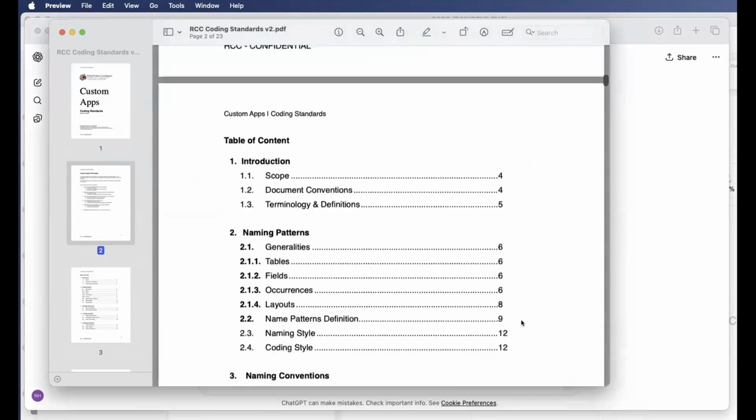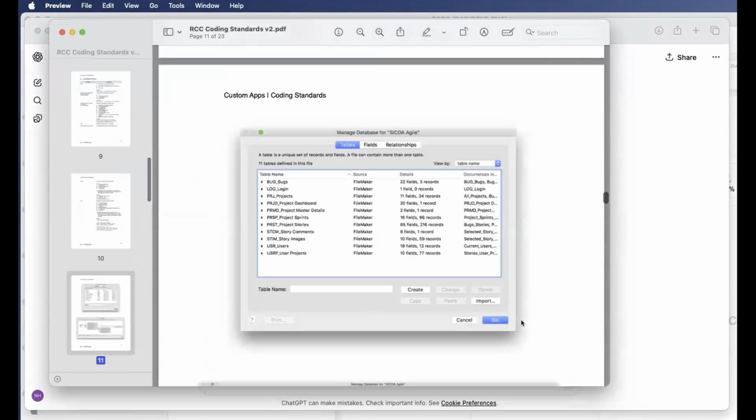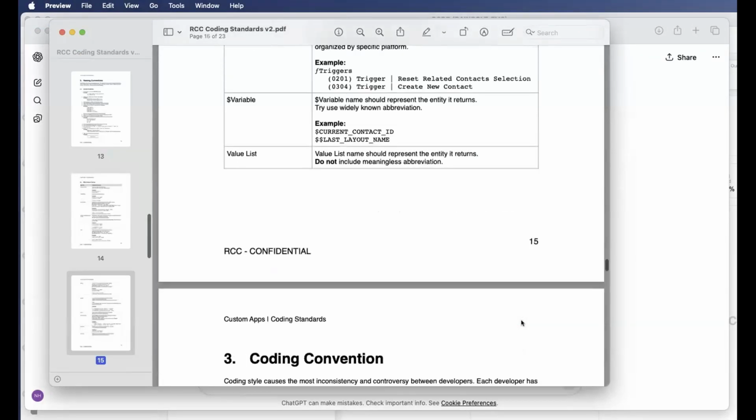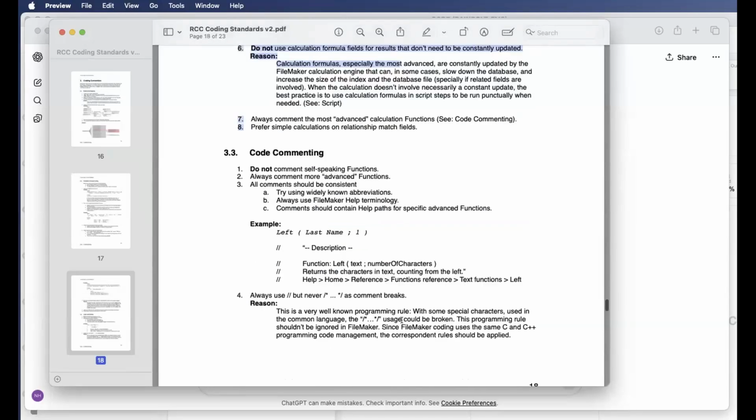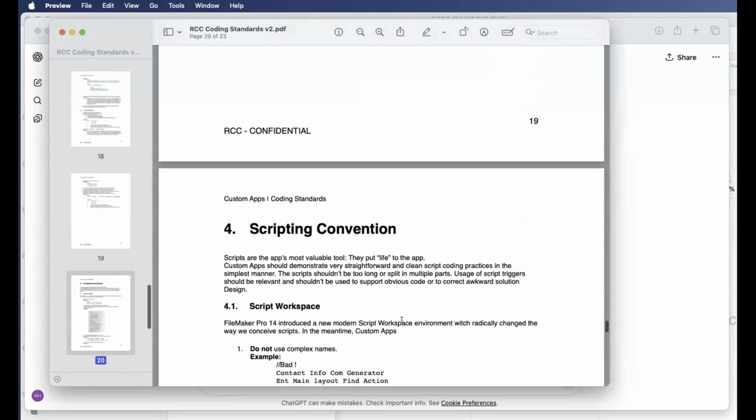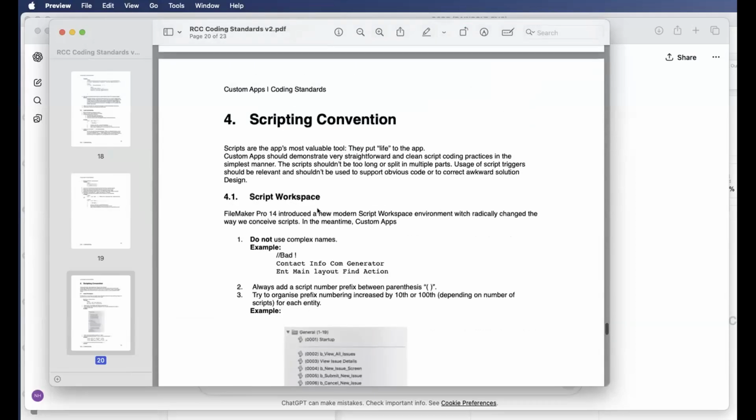Now the AI is aware of everything inside these documents, so it knows all the things I want, how I want things to be named and so on. Sometimes when I say, I want you to name it that way, he says, yeah, but that contradicts your convention, and I say override, permanently override. That means forget about the convention. I want that. So you can be specific, and the AI will keep and remember.